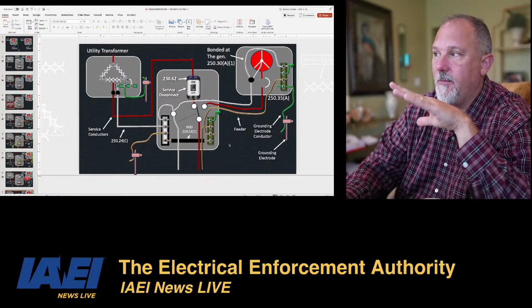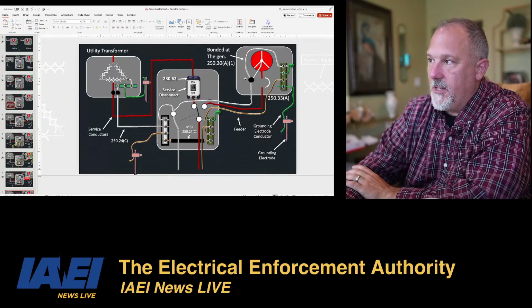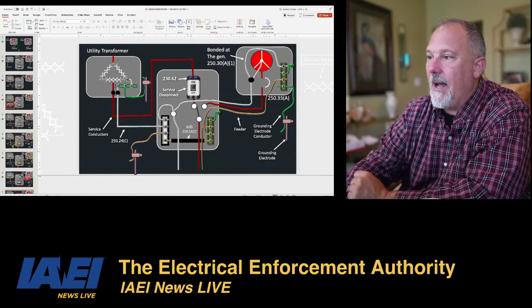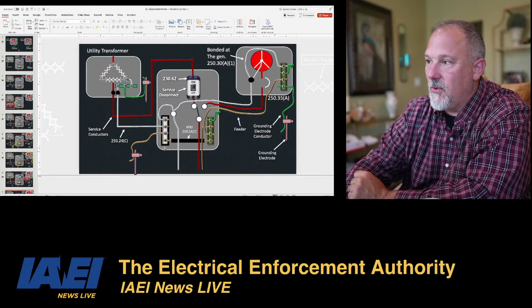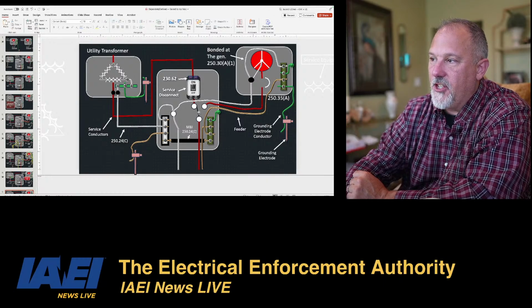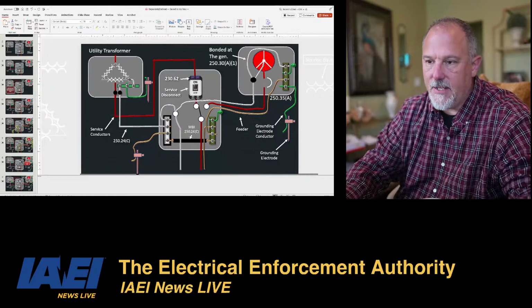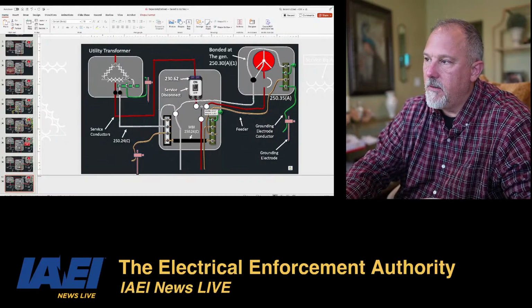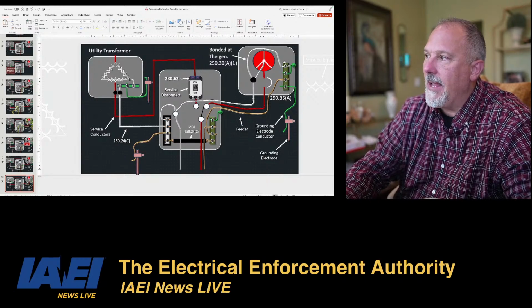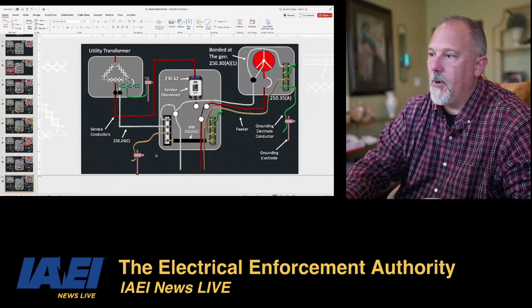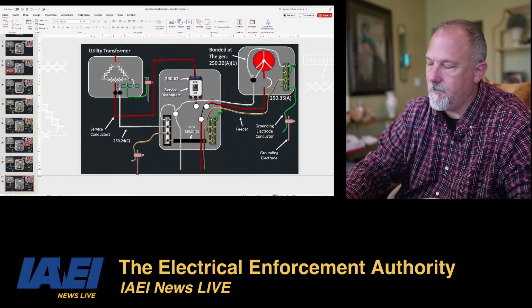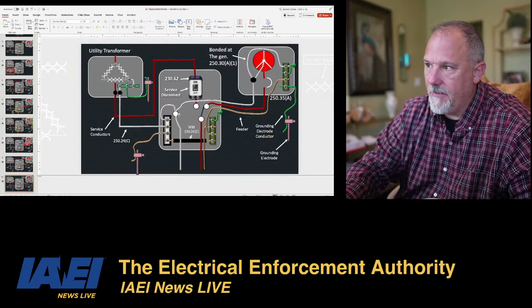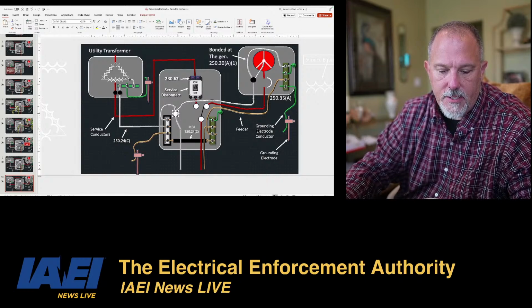But what I'm doing now is I'm going to say this is bonded. I do not switch the neutral. So now I have service entrance equipment. I'm bonding here. I'm not switching the neutral. This is all connected. When I'm running off the generator, if I did this and I switched to the generator, now I am bonded here with that neutral, and I'm bonded here with this neutral, the grounded conductor. The grounded conductor is bonded at both locations. I don't want that. You don't want that to be the case.